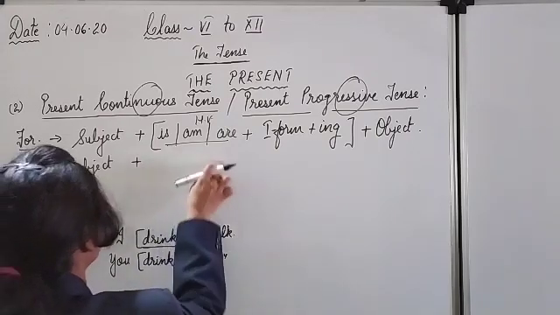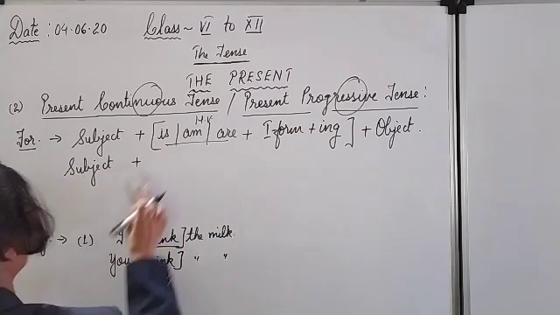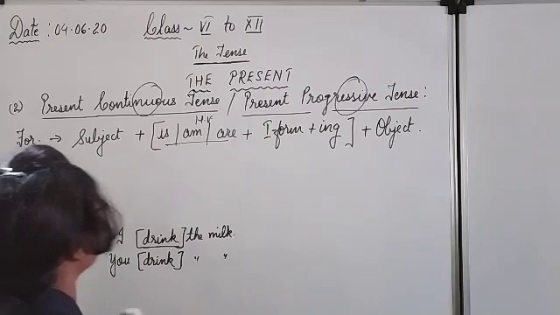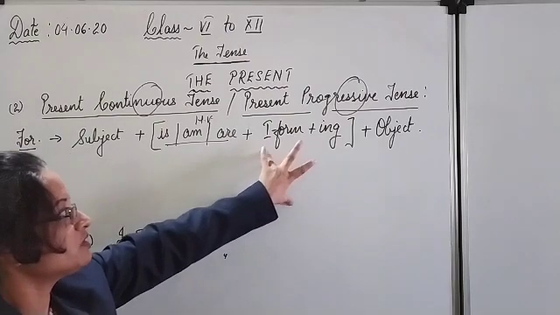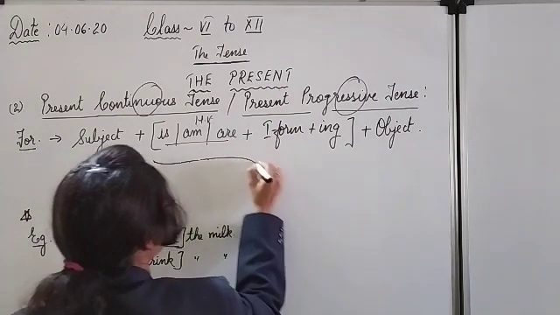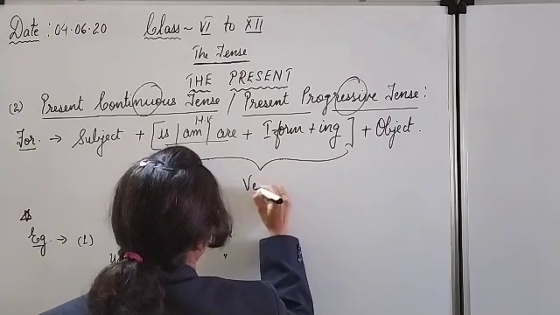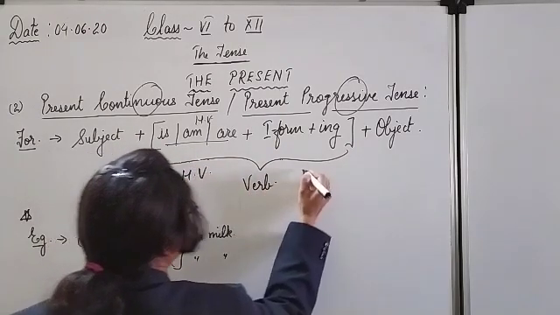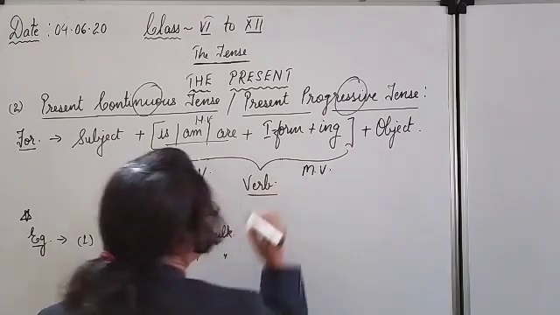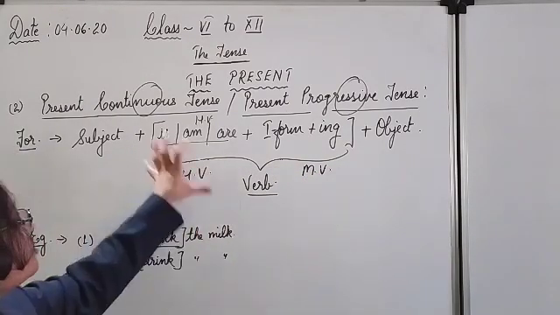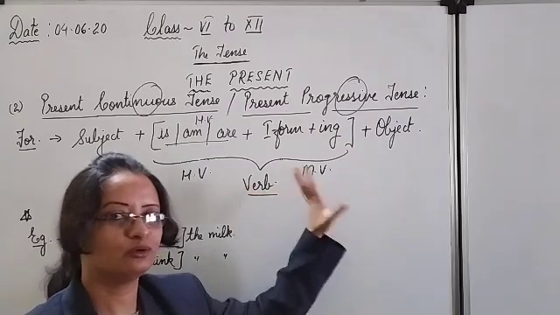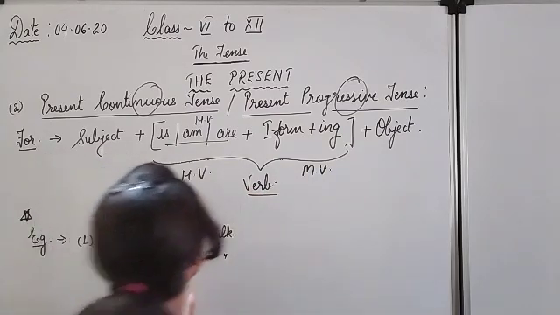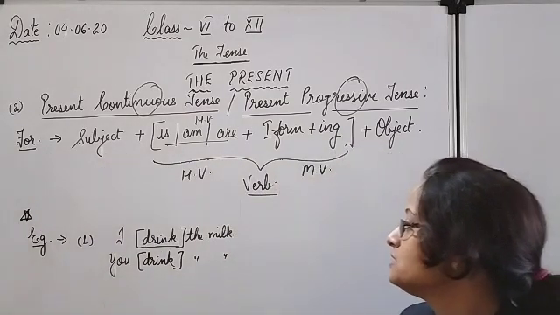So here, see, your structure earlier was the same, like subject plus verb plus object. You can see here, we have made the change only in the verb. Here it is the helping verb, here it is the main verb, right? So only this part you have to learn. No need to learn the full formula if you are learning this. Now come to the examples.